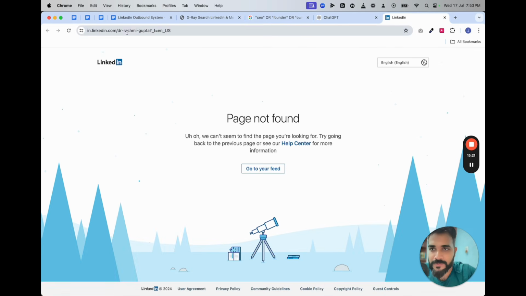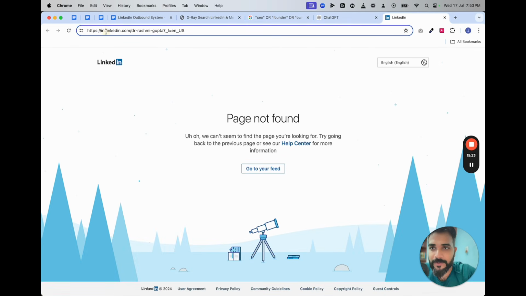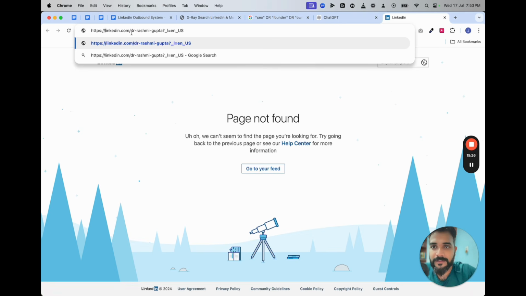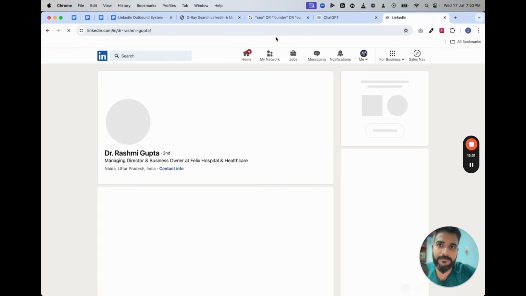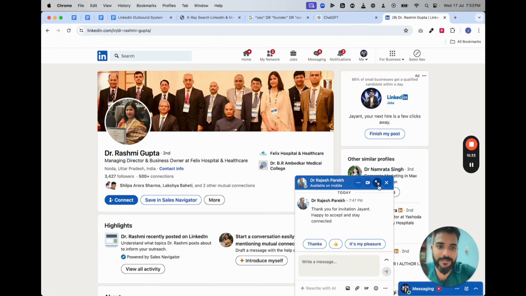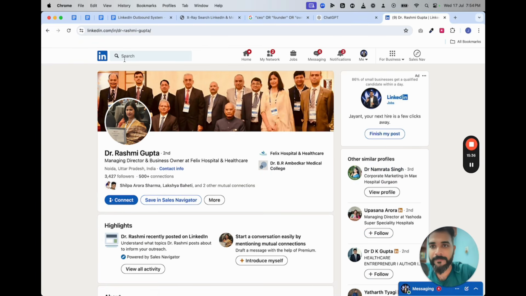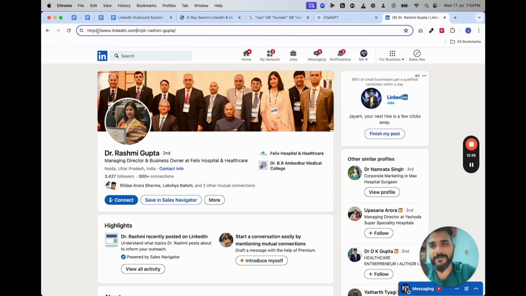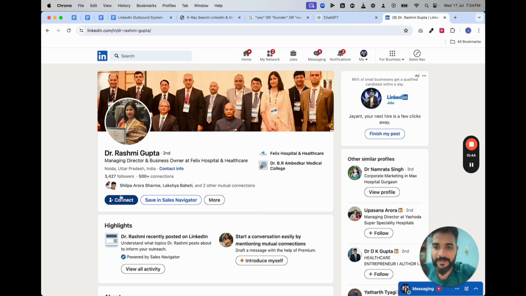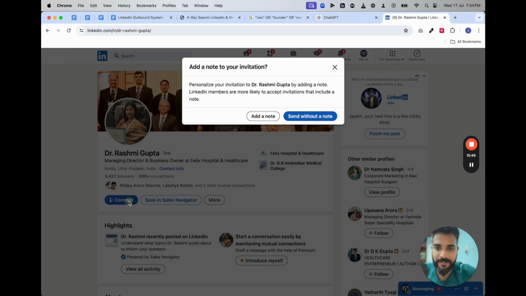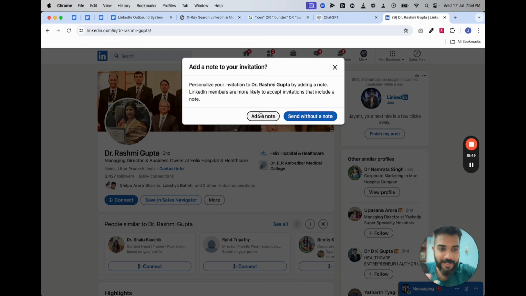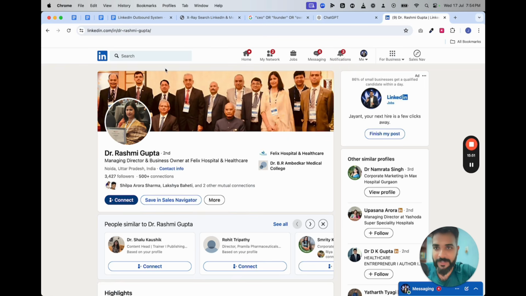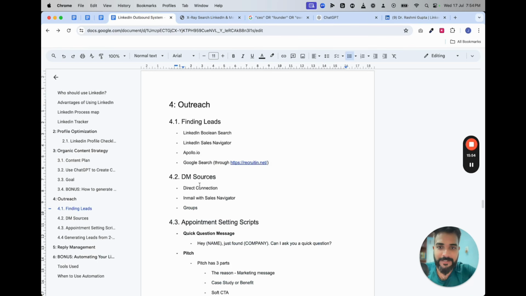There we go. Oops. So in.linkedin.com, you know what? I think now it should work. Yeah, I think the URL structure is not very good. But yeah, the structure looks something like this: linkedin.com/in/the name. One thing, you can directly connect. When you click on connect, you can add a note, and I'll tell you what exactly to add in a note. This is one. Second one is obviously, so this is called direct connection. You just go to their profile, hit direct connection.